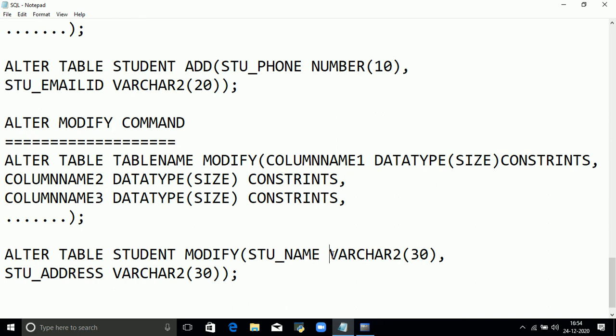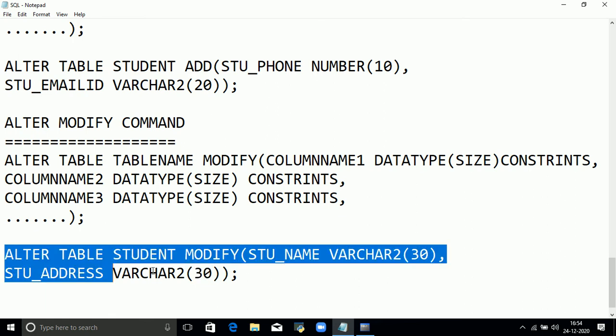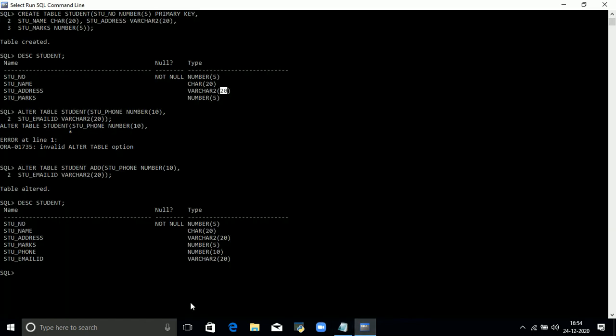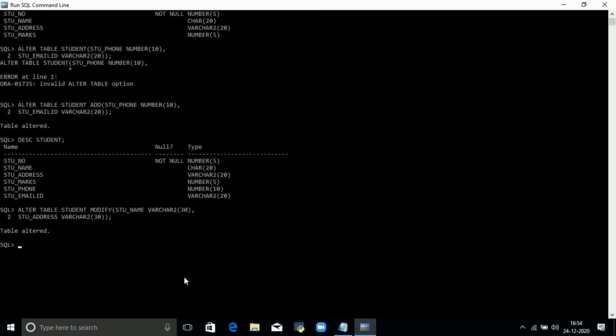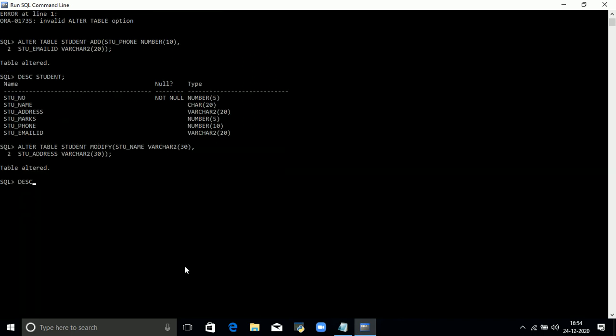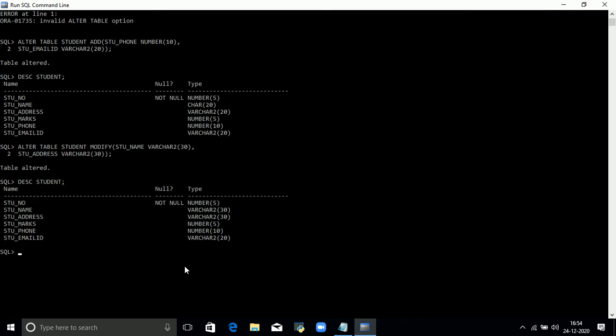I want to change the data type of the name and the size of the address. Table is altered. Now we have to see the description. DESC student. Yes, it worked. The char data type changed to varchar data type, and the size increased to 30. So the modify command is used for changes. If any change is made in your table, we have to use the modify command.